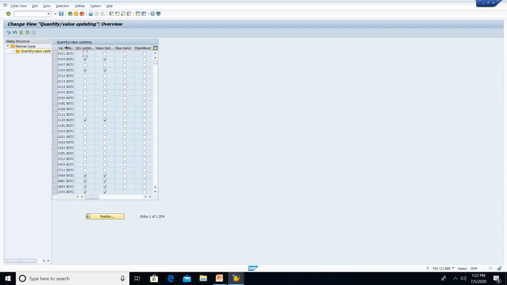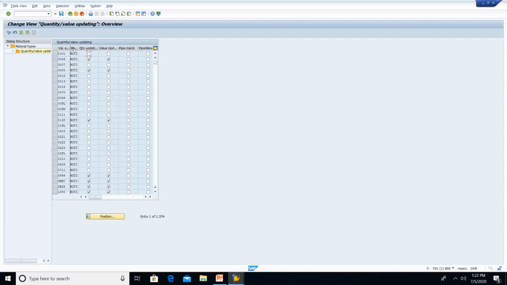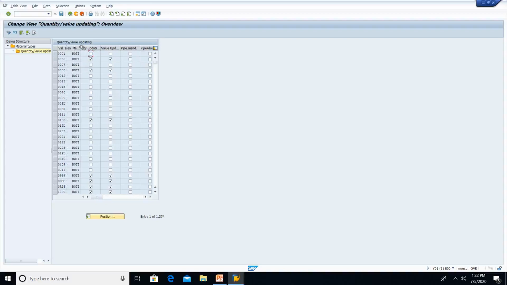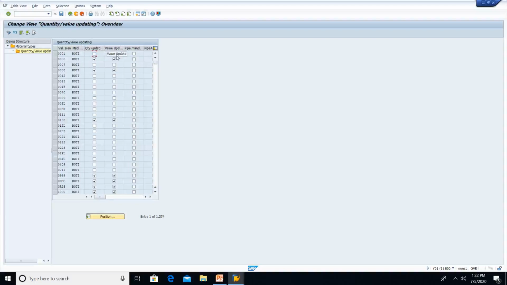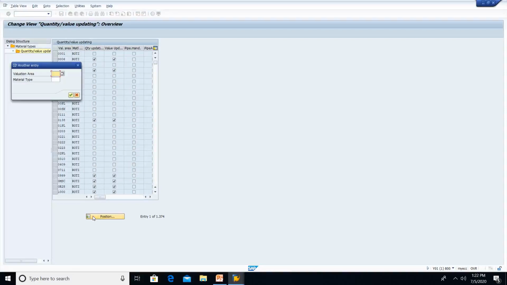Now you see here valuation area, and material type, quantity updating and value updating indicators. These all are the indicators. I'm going to talk about valuation area after this.